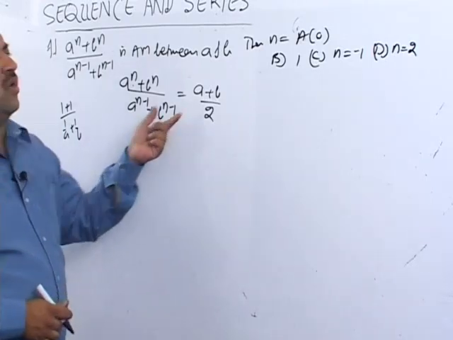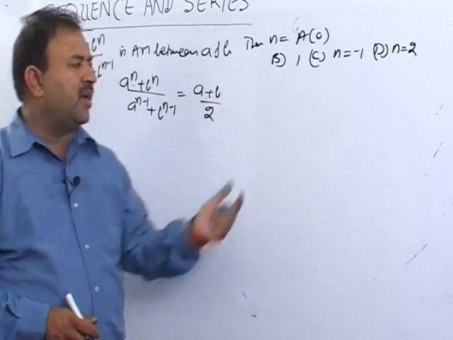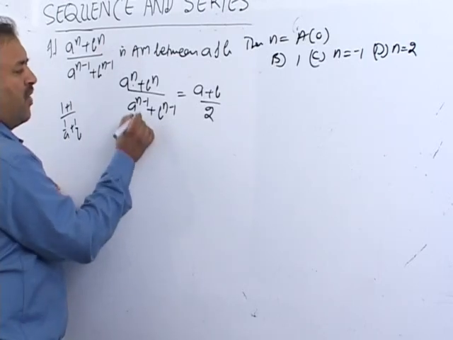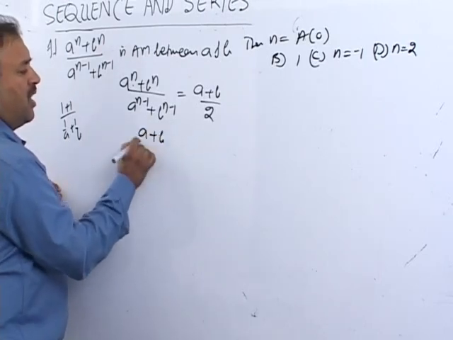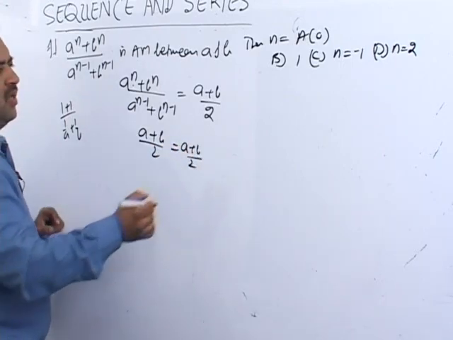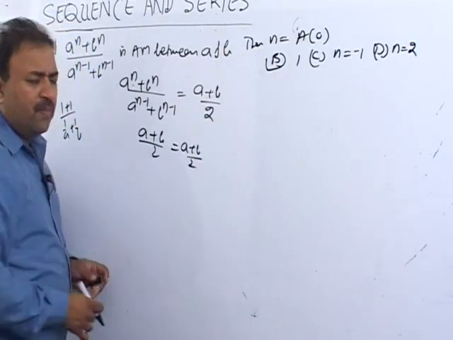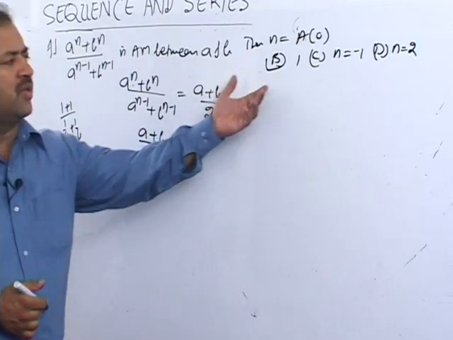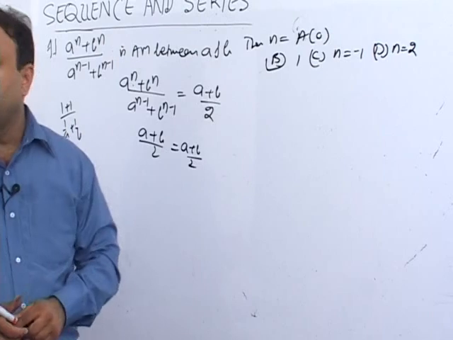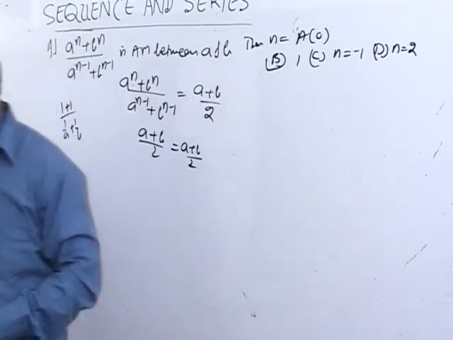n is equal to -1 और n is equal to 2 पुट करोगे सेटिस्फाई नहीं करेगा. हाँ, n is equal to 1 जो ऑलरेडी हमारा आंसर आ चुका है पुट करोगे तो we find A plus B upon 2 is equal to A plus B upon 2. It will satisfy it. So instead of doing this whole method, we'll directly substitute the values of n and we'll get our answer. Next problem of arithmetic mean is